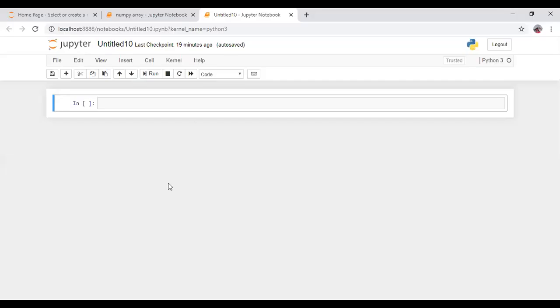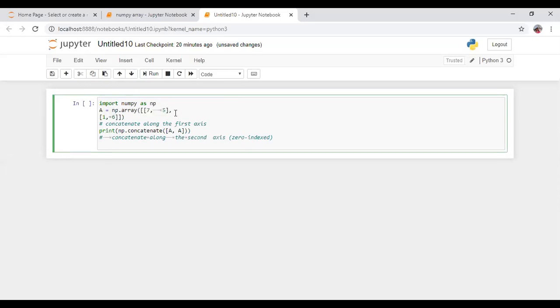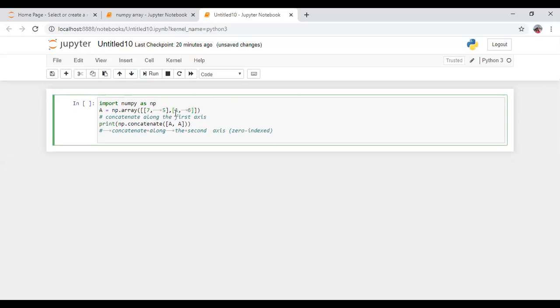So here I am using Jupyter Notebook. You have to install it with pip install jupyter notebook in the DOS command prompt, and it will work. No need to import any other module; directly you can use it here. See, I am writing the same command: import numpy as np. So this is a single value, the first value, first row and column. This is for row and column.